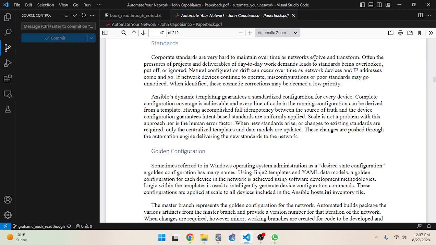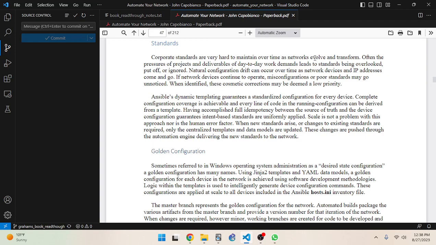So Ansible's dynamic templating guarantees a standardized configuration for every device. Complete configuration coverage is achievable, and every line of code in the running configuration can be derived from a template. Having accomplished full idempotency between the source of truth and the device configuration guarantees intent-based standards are uniformly applied.